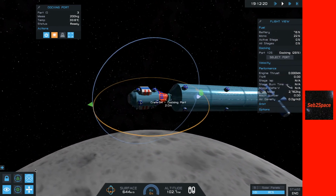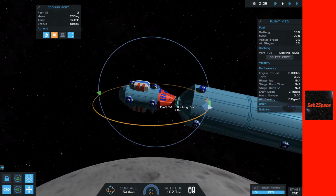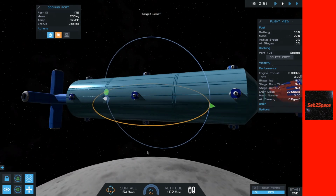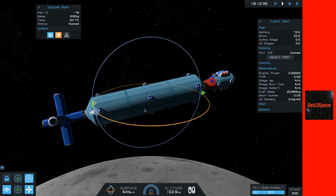There you go. So it was pretty good originally, but it'll automatically do it. So I'm not touching any buttons right there. You go. It's docked, so I didn't touch anything for that. So we have a big tank of monopropellant,